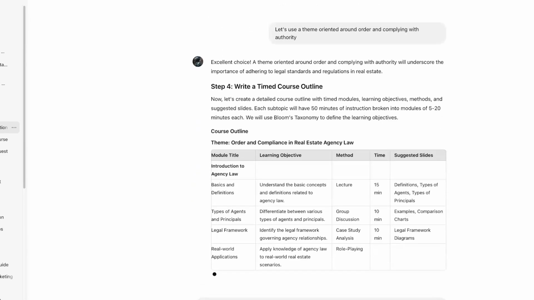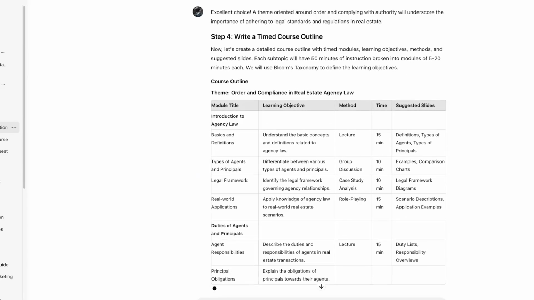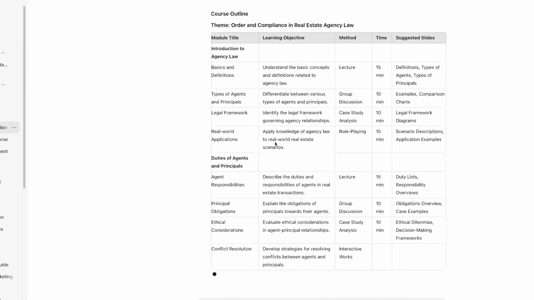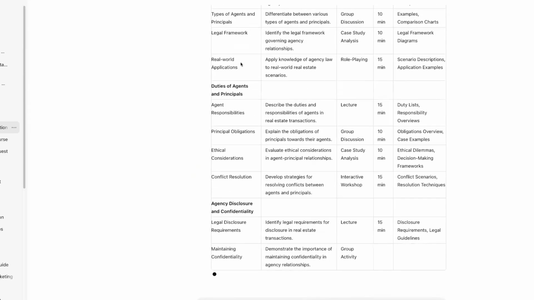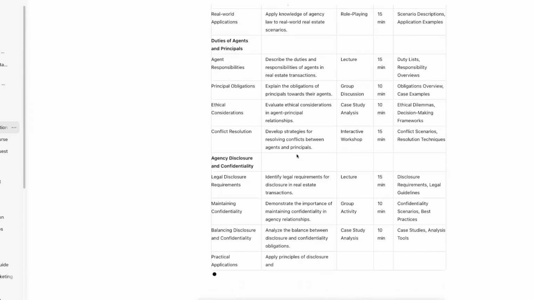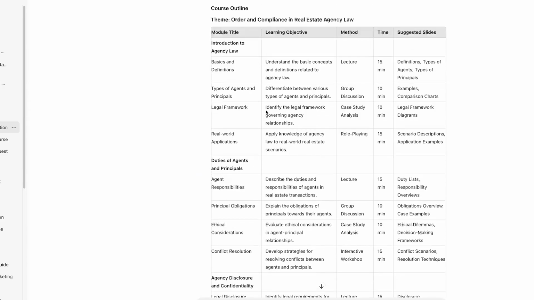So what it's now going through is creating a timed course for a 3-hour course by giving you individual modules. It tells you what each of those hours add up to, what the learning objective is, what the method is, and gives you some suggested slides as well as the time. So at this point, we've written a course, and you can take this outline and make whatever modifications you need to make to it, and then potentially submit it to your real estate commission in the format that you have to submit it,